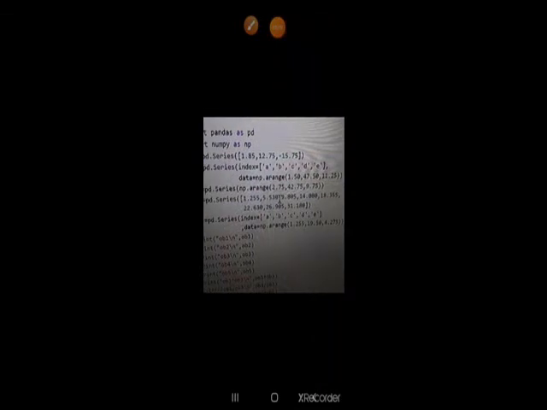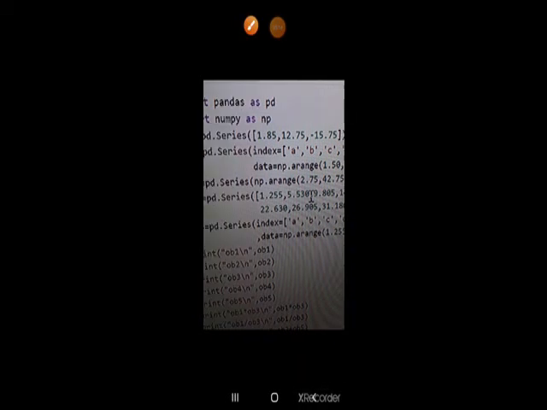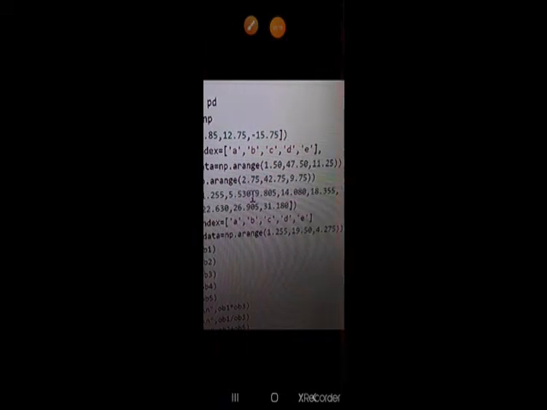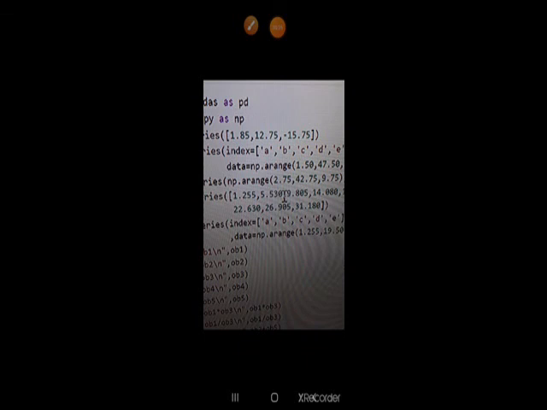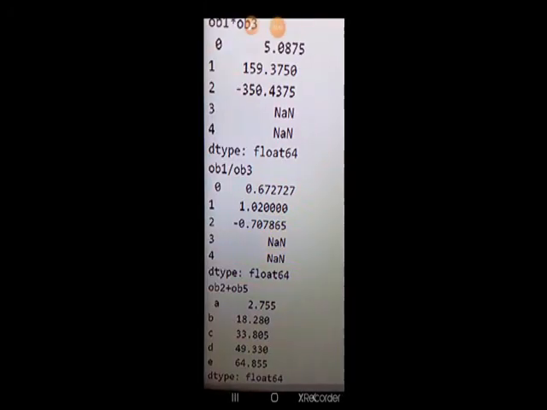Then we come to the next. What I have done is reduced the elements of series object OB1. Only 3 elements, so OB1 now has only indices 0, 1, 2. Now we will see the output.